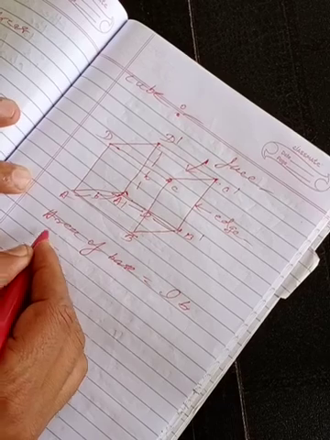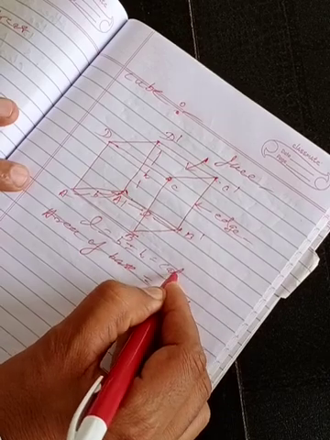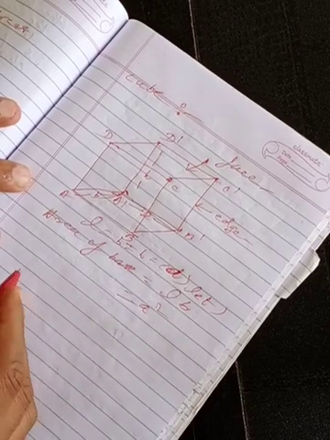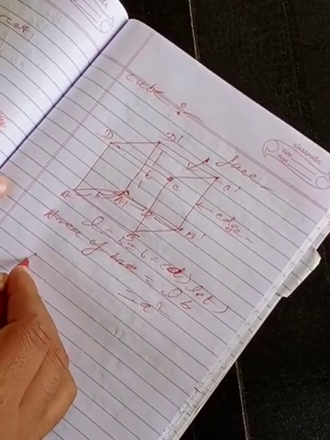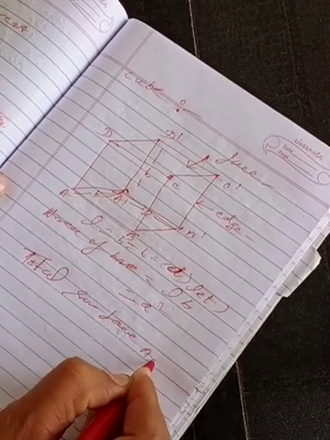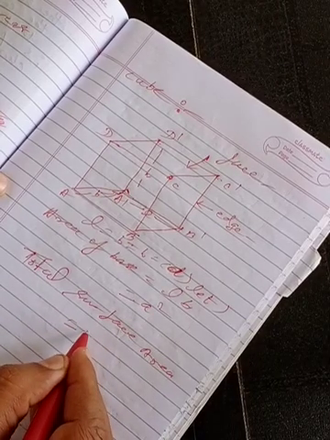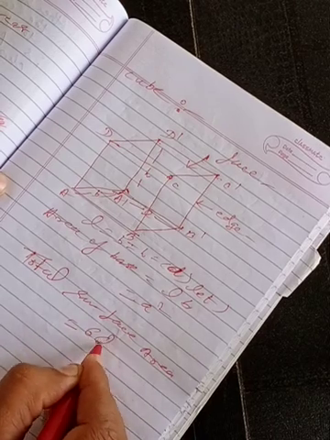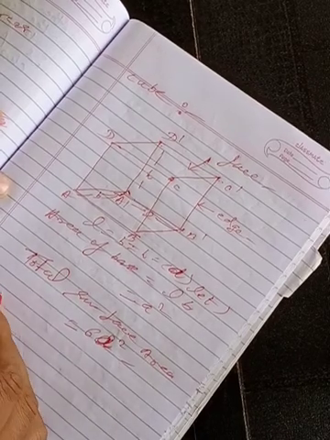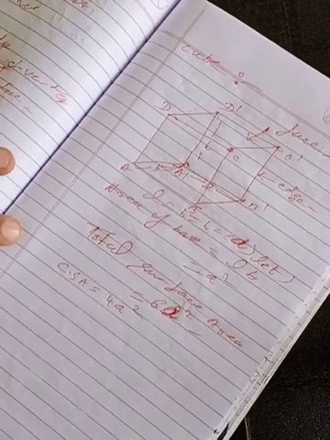Now since L is equal to B is equal to H, all are the same, so we are letting it be A. The area of the base will be A square. Now we are finding the total surface area first. Total surface area will be 6A square. You will use the same formula, LB plus B, so 6A square will come, all of you. And if you are finding the CSA, it is coming 4A square in this case.